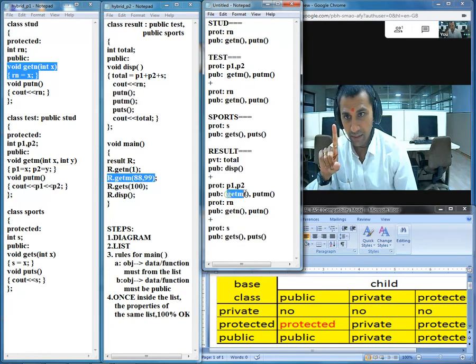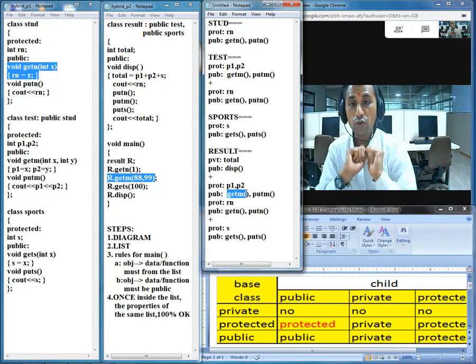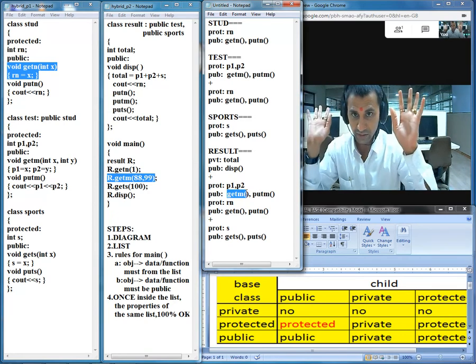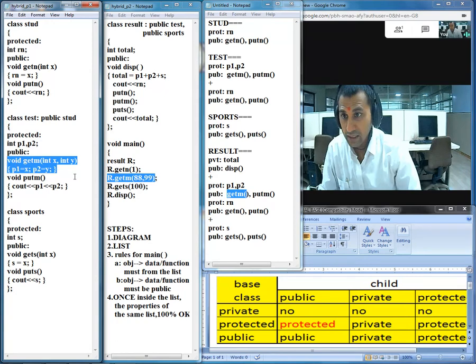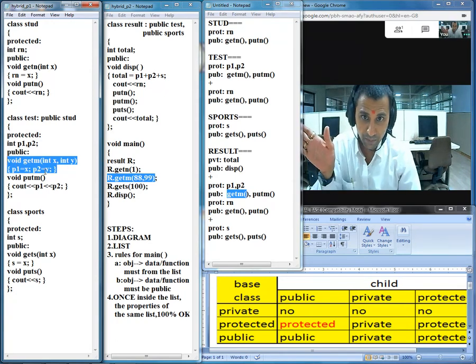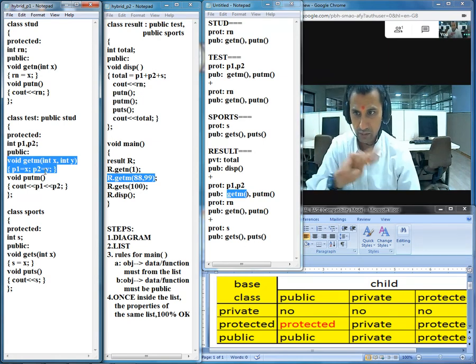Is it there? Yep, it's found. So rule number 1, okay. Rule number 2, is it public? Yes, that is also public. So go jump and execute the definition. That means we are going to put 88 and 99 into x and y, and finally they are going to be assigned into p1 and p2.